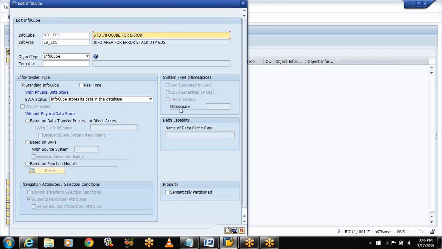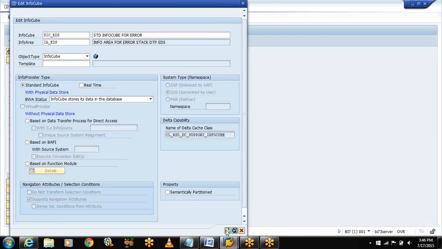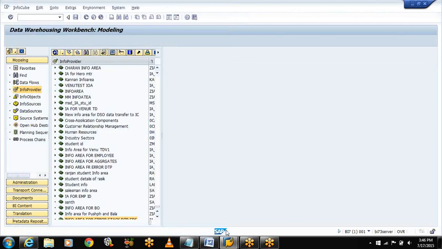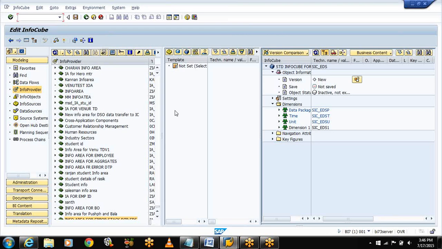Now select enter, object type is info cube. See here, cube customer. Select create. Now observe this edit info cube. Now I'm finding here 5 templates. One is info source, DSO, info cube, info object catalog, all info objects. Now, whatever I'm having is info object catalogs and all info objects.